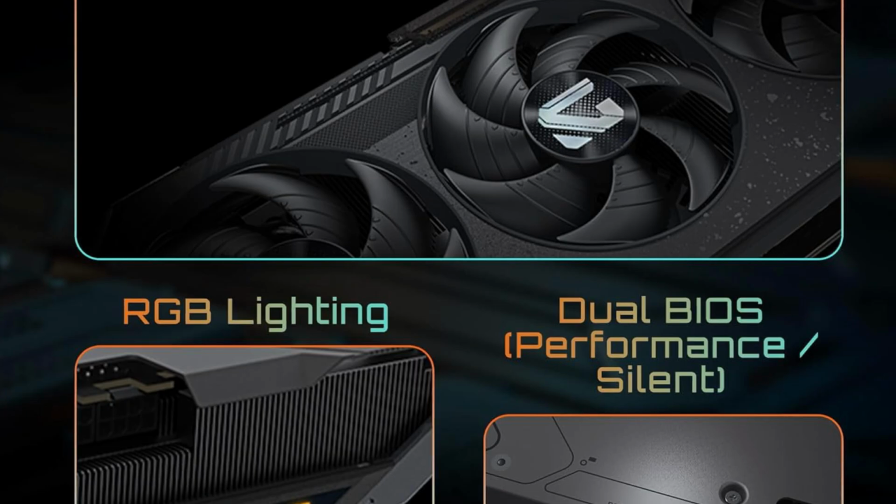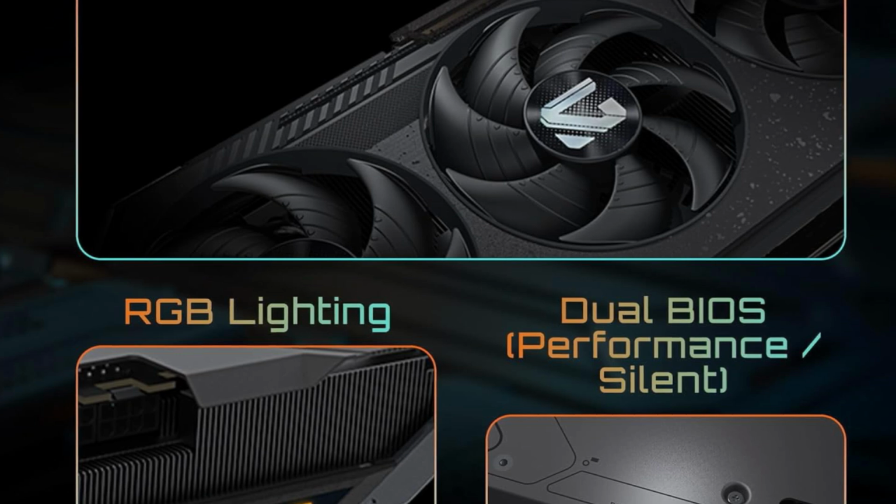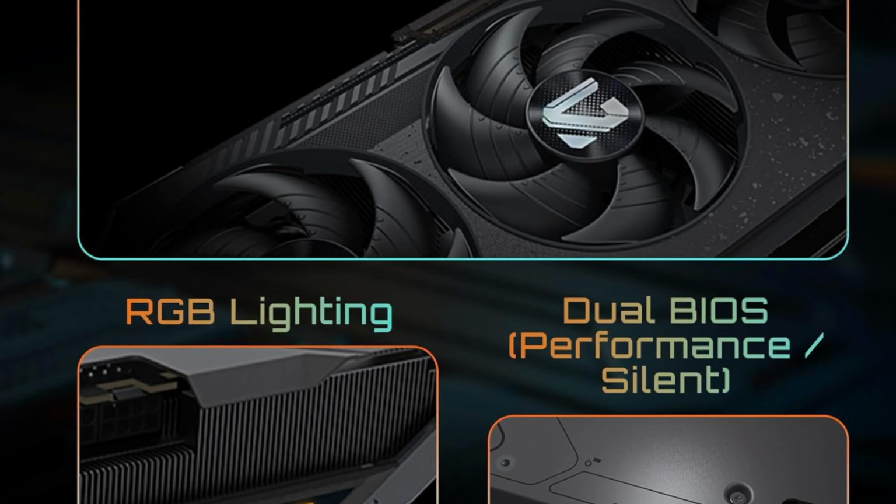Built around AMD's latest architecture, the RX 9070 XT is made for strong raster performance, better efficiency, modern gaming technologies, and faster responsiveness. This makes it a serious choice for users upgrading from older GPUs or building a premium new